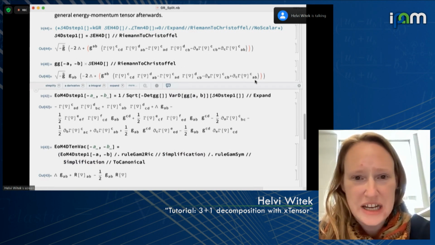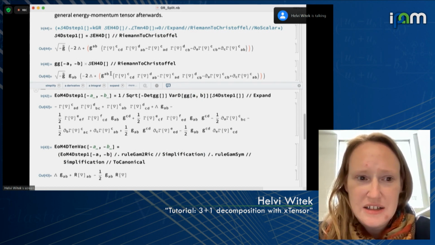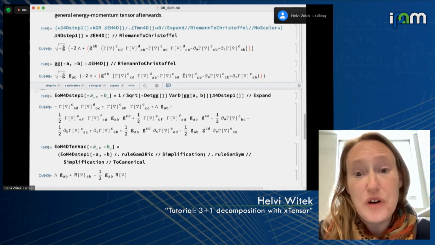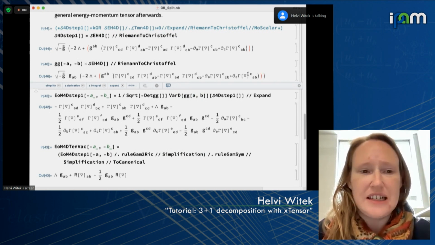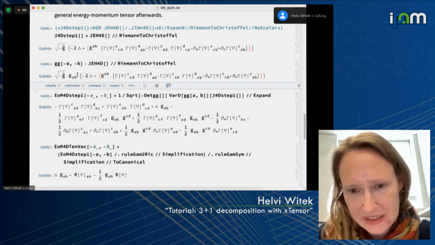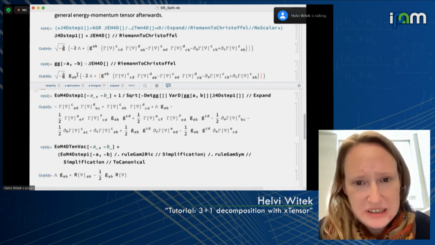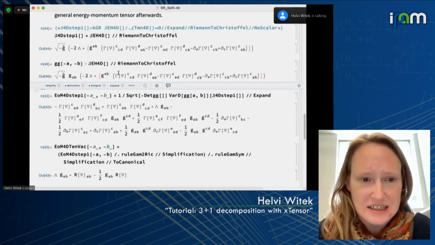So it has in the brackets an expression that is summed over all the indices. And it says, I can here use as dummy indices A, B, C, and D. But then, of course, my expression that I have in front, the free indices are also A and B. Now, as long as it's in these red brackets, in principle, xTensor knows that these are the dummy indices, but